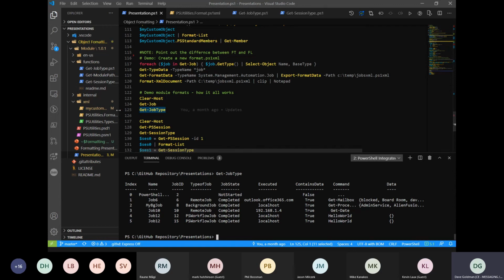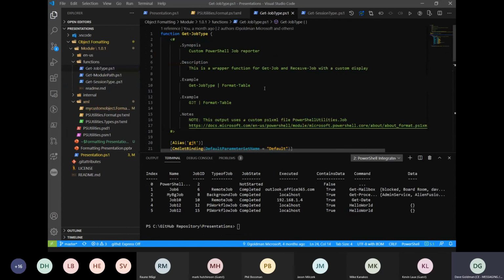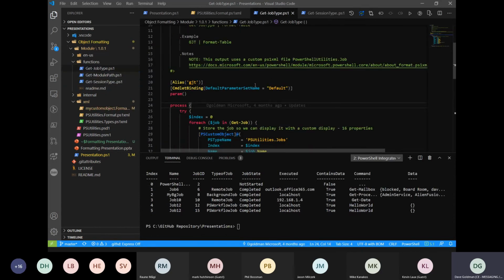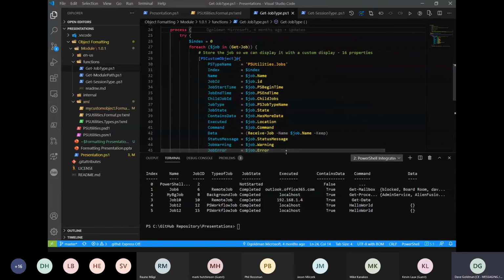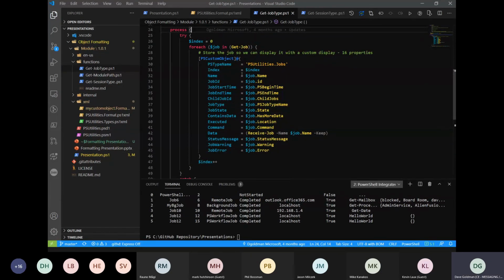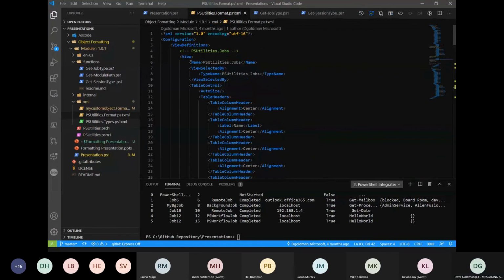So what I have done was I wrote a custom function, which is get job type. I gave it an alias, and I created a custom object, which you saw earlier. And I gave it the type name, PS utilities, job, which is in the format file right here.